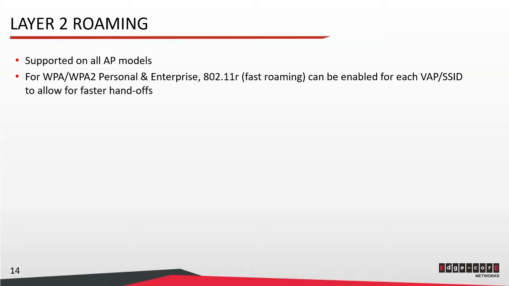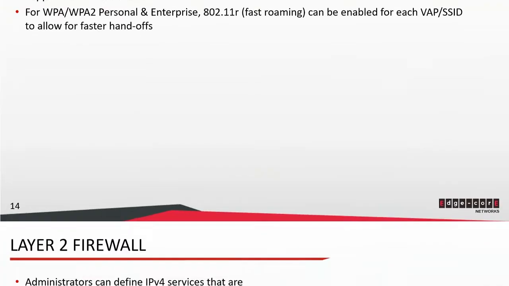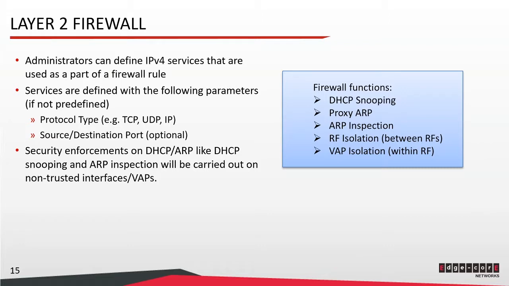802.11r, or fast roaming, can also be enabled so that clients do not have to re-authenticate when they roam from one AP to another. Our APs support Layer 2 firewall, and IPv4 services can be used as part of the firewall rule. Services are defined with protocol type and optionally with source or destination port. Our Layer 2 firewall supports DHCP snooping, proxy ARP inspection, and isolation between ARF cards, or VAP isolation within the